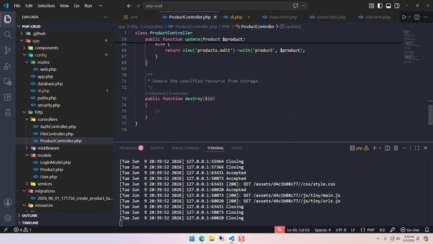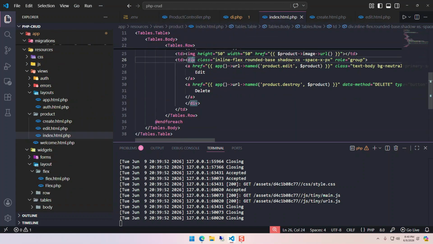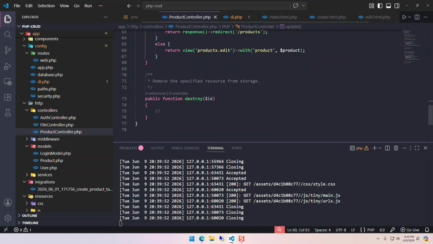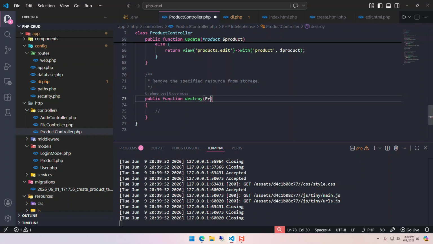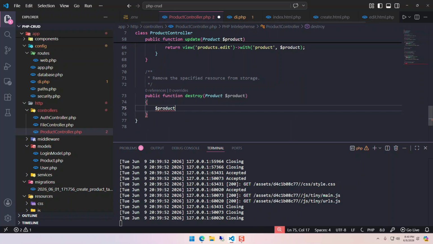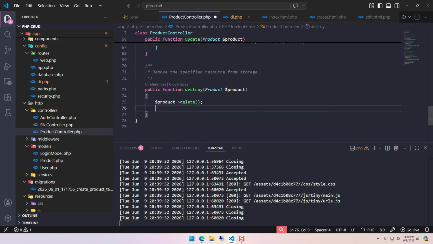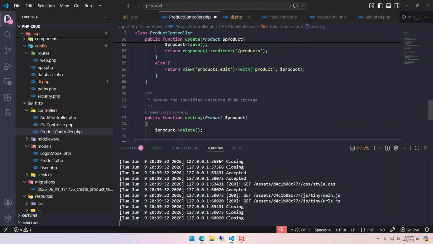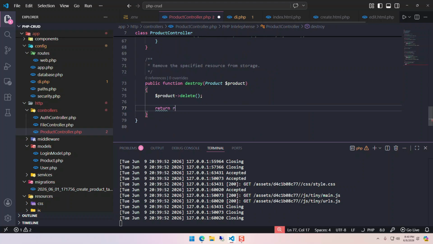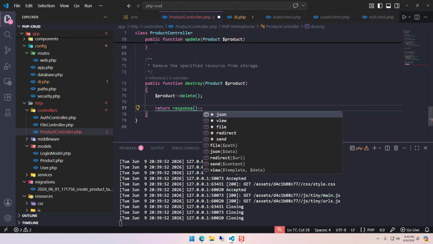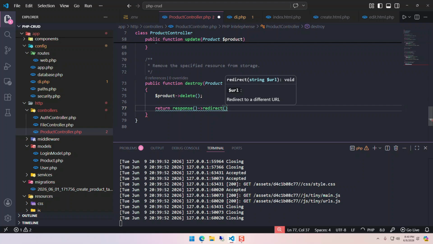Lastly, we need to complete our delete. So I'm going to go back here. We have already specified product.destroy here. So all I need to do is directly take $product here, and I'm going to do $product delete. And now I'm going to redirect back to, there we go,